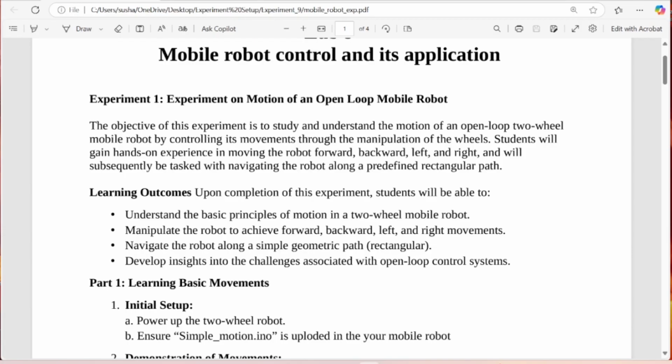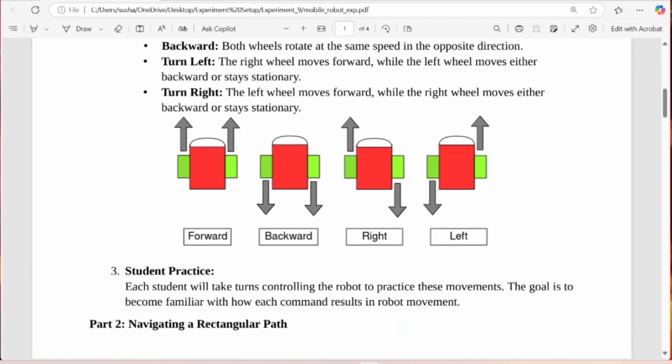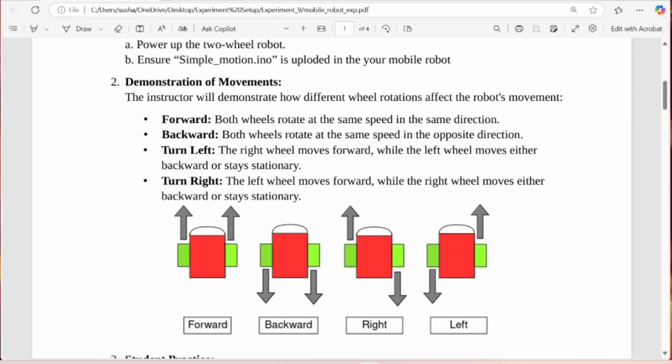Now, in the case of the mobile robot and its applications, a mobile robot has 2 wheels. This is a differential drive robot. Let me show where the figure of the robot is. Yeah, so this is the figure of the robot. You can see that it has a left wheel and a right wheel, and there is a third wheel in front, which is a caster wheel, which is basically a support wheel, because the robot cannot be supported on just 2 wheels.